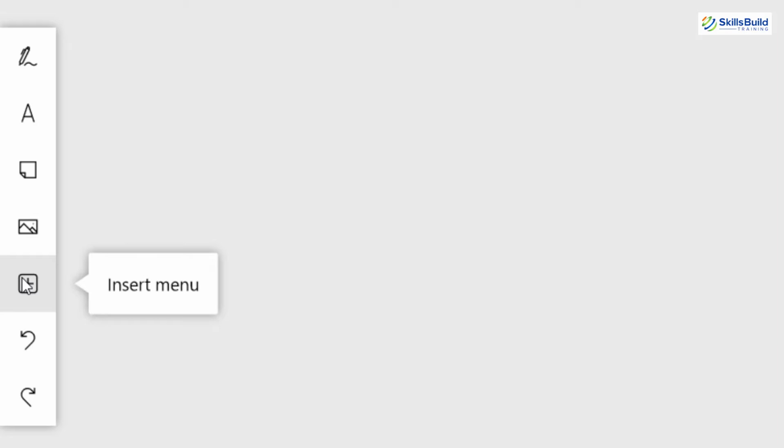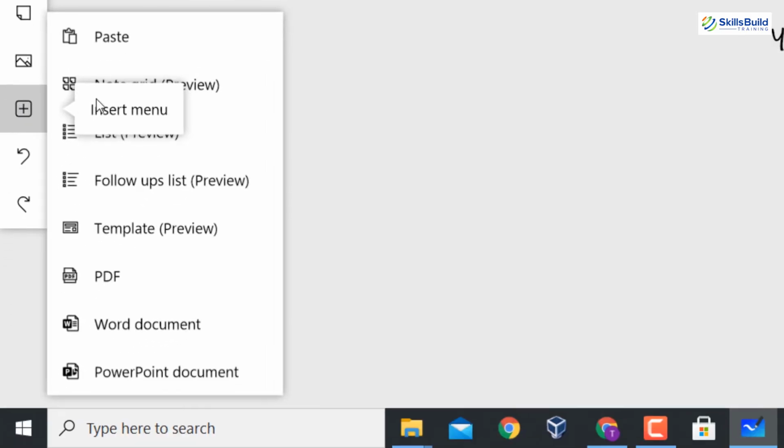Now here, coming towards the image menu, you can insert images from here. Now one of the most useful tools here is the Super Insert Menu. Super Insert Menu has different facilities, different options. You can either paste whatever you have copied last time here. You can use the note grid. You can use lists to create a list.